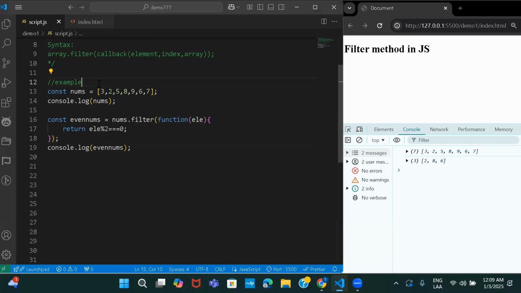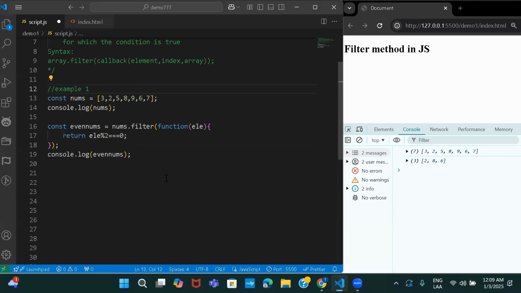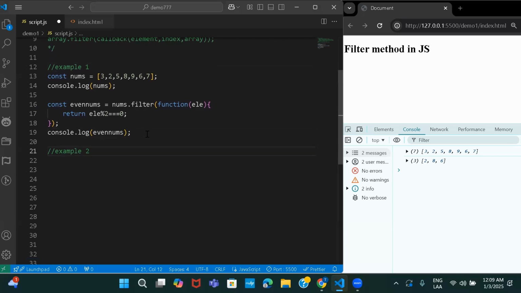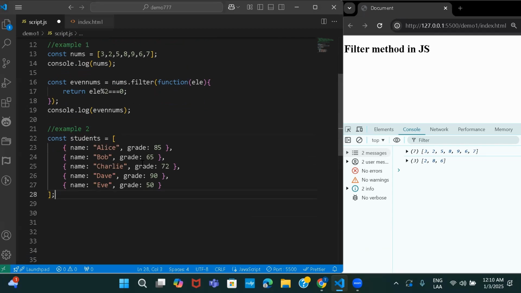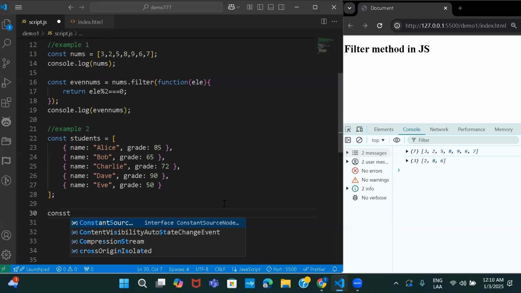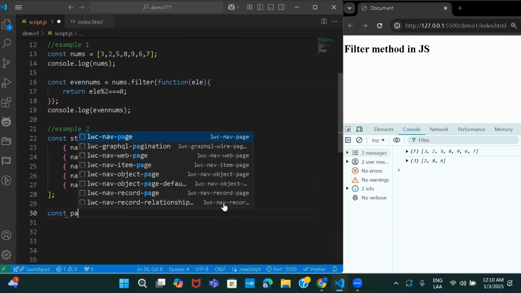Now let's take another example. So this was example 1. Okay, I'll take another example. This time I'm going to create an object and I will perform a test on the object data. So this is my object, and I want to filter the data out based on whoever has grade greater than 70. Okay, so what I'll do here is, first I'll declare a variable, so const, and I'll say something as